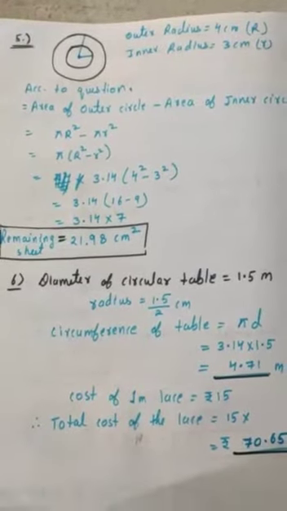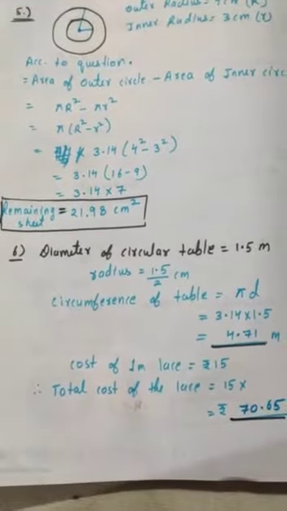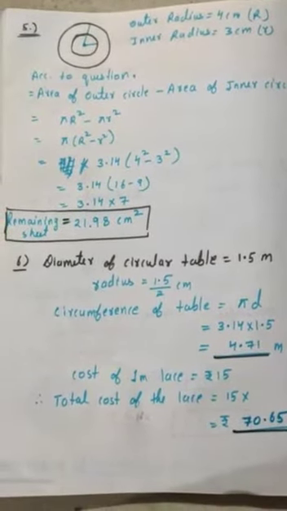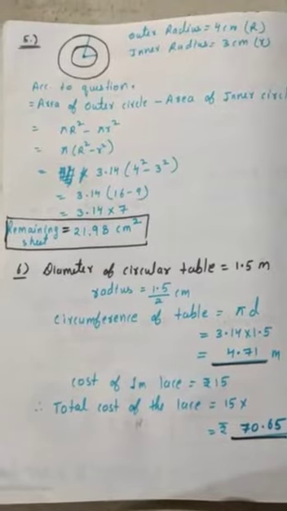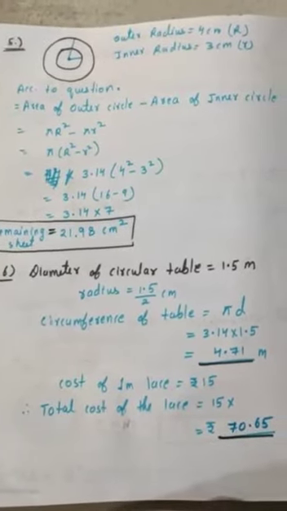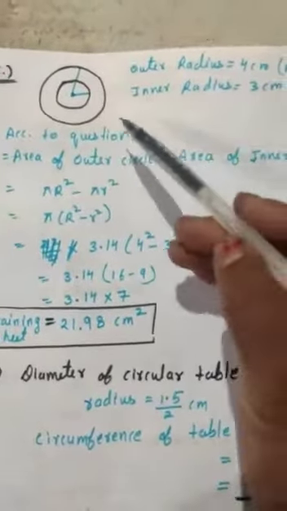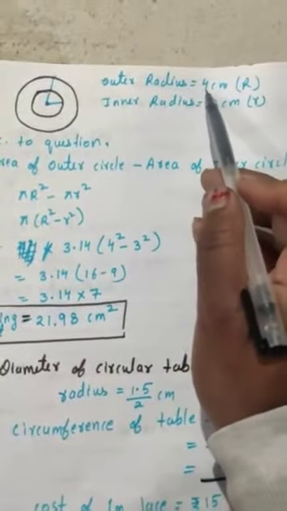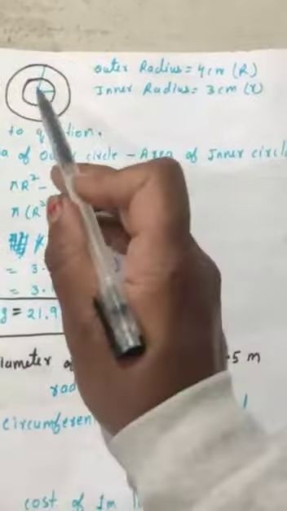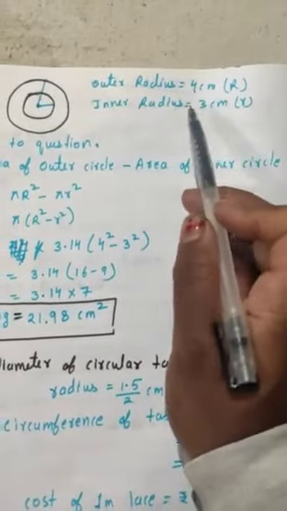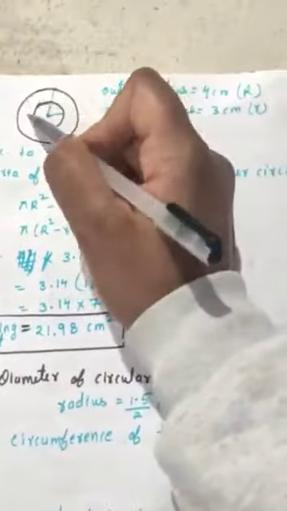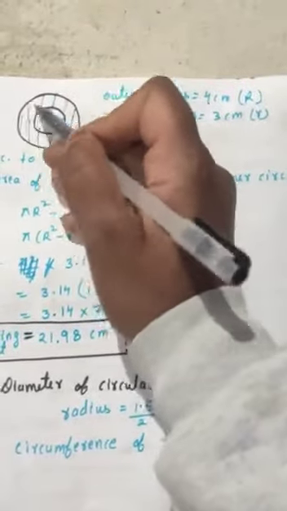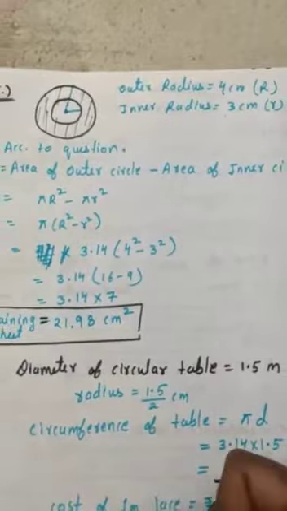Now you can see in question number 5, it is given that on a circular sheet of paper, a circle of radius 3 centimeter is cut out. Okay, यानी कि आपके पास एक सर्कल है, सर्कुलर शीट है जिसका रेडियस, आउटर रेडियस 4 सेंटीमीटर है, उसमें से एक सर्कल जिसका रेडियस 3 सेंटीमीटर है उसे कट कर दिया. So what will be the area of the remaining part? So you can see I am just marking it with the lines. Okay, तो ये जो रिमेनिंग पार्ट है इसका एरिया.